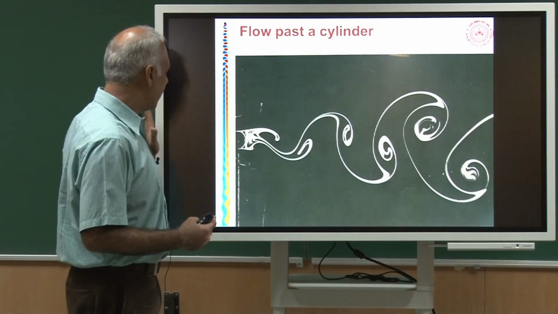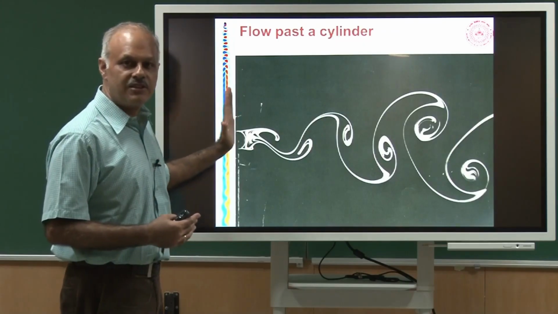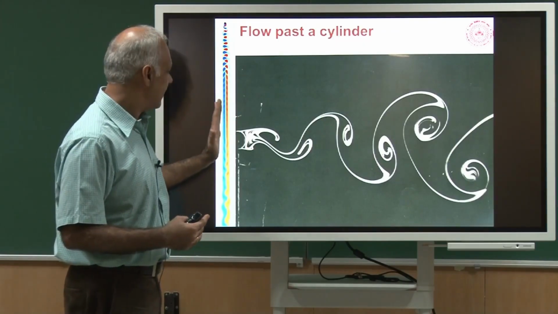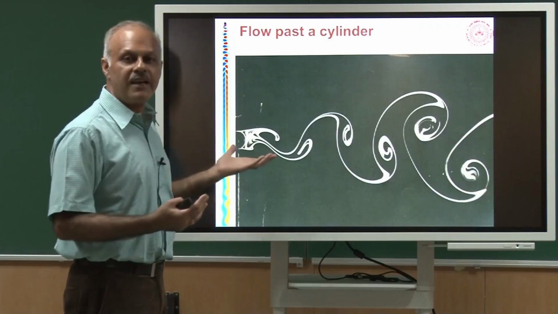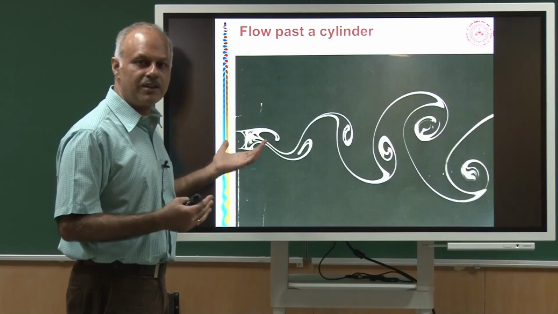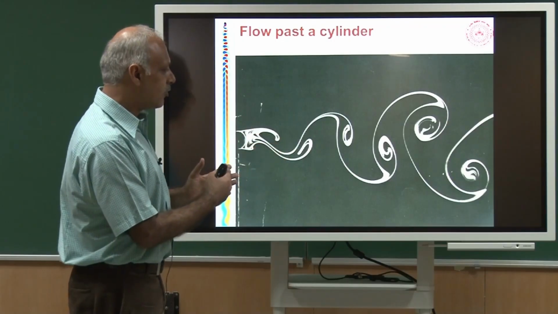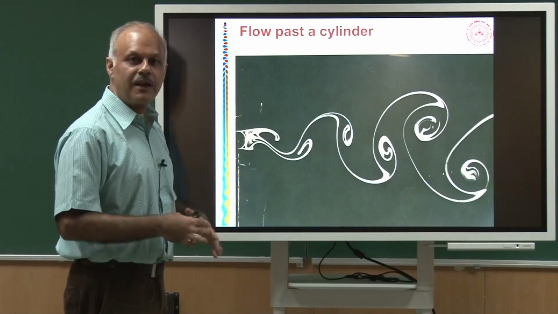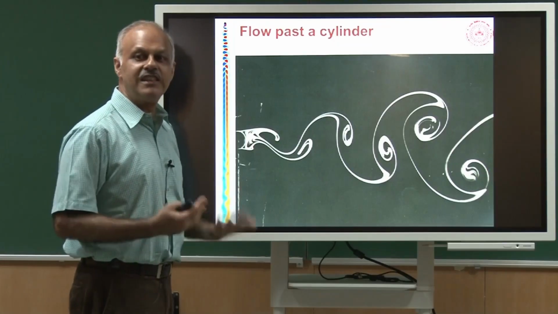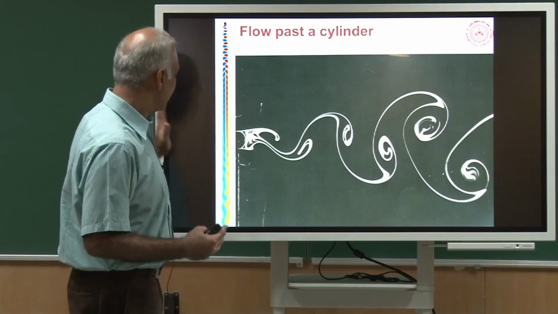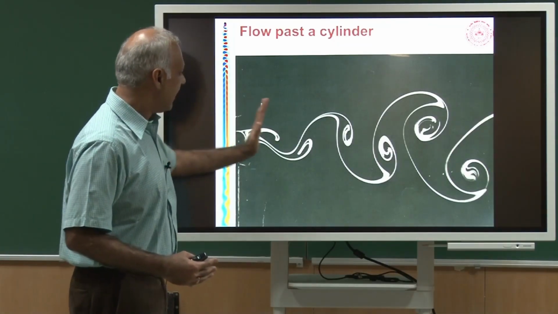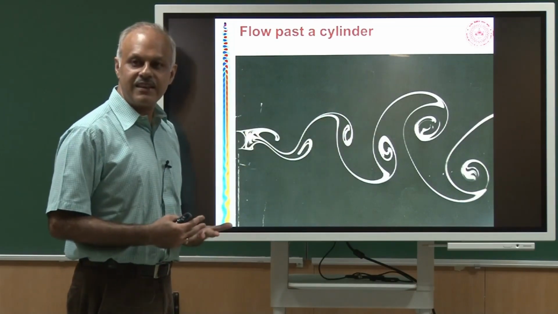You in fact have a uniform flow coming in, which is not changing with time. Okay, it somehow separates, and I will explain this term, what is meant by flow separation. And then you see that the flow downstream of the cylinder, it becomes unsteady in time. So it starts changing with time. Beautiful. So you had a flow coming in which is steady, and then the flow downstream which is unsteady.